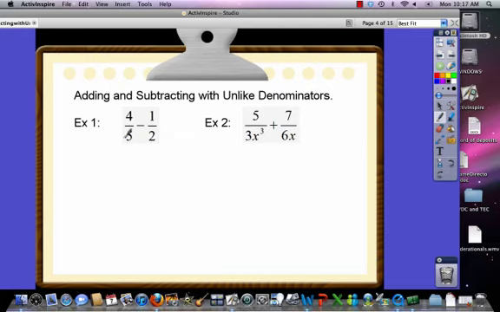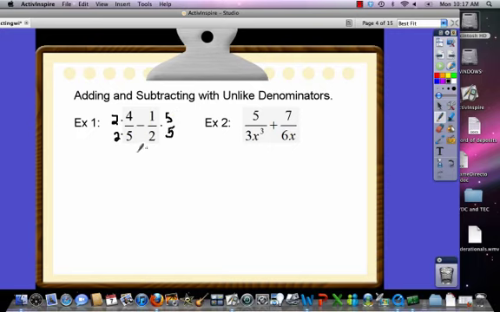We think about what would the common denominator be of 5 and 2. Whoops, I gave it away. 10, right? So we would have to make this a 10. And the way we do that is to multiply this by 2. But we can't do the bottom unless we do the top, because then we're really multiplying by 1, aren't we? 2 over 2 is 1. And to make this 10, we have to multiply the top and bottom by 5 to get the bottom to